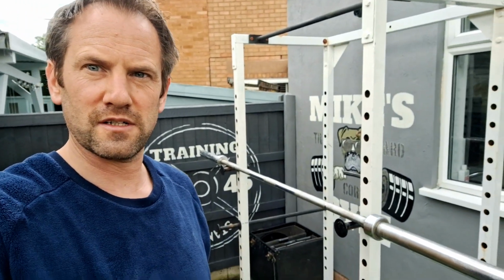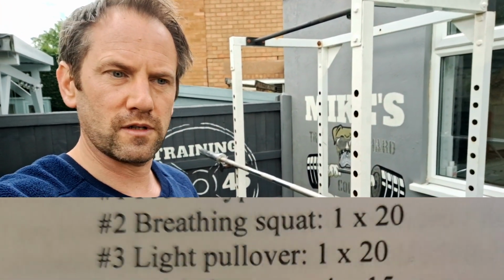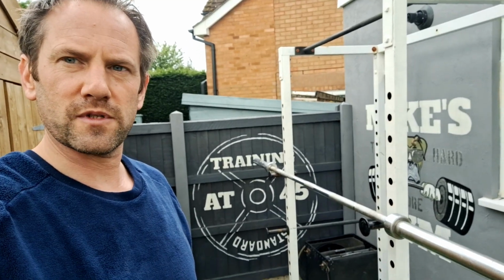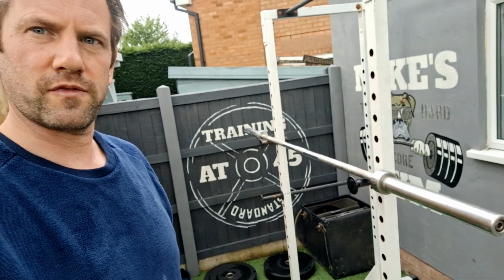Okay, so first exercise is going to be the 20 rep breathing squat. Now I have problems with my back, I can't do those. However, I do enjoy a Zercher squat. I've started getting into those. So I'm going to use this program as a way of perhaps developing those Zercher squats, starting off light and then gradually as I work my way through the program over time,